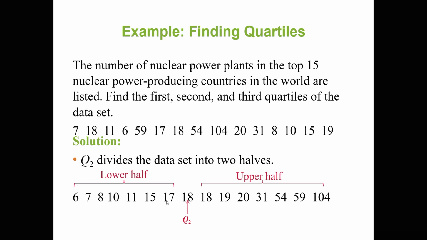Now, if you take this data set, just take a look at it. You are dealing with 1, 2, 3, 4, 5, 6, 7, which simply tells you the fourth data point is the first quartile, second quartile. You do the same here, 1, 2, 3, 4, 5, 6, 7. So this is Q1, Q2, and this is the third quartile,